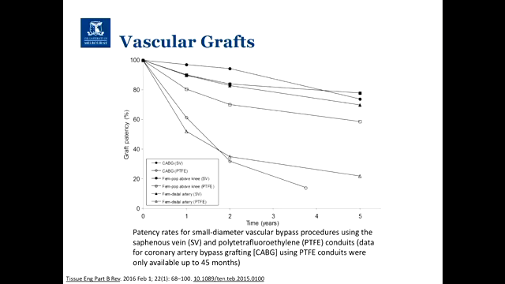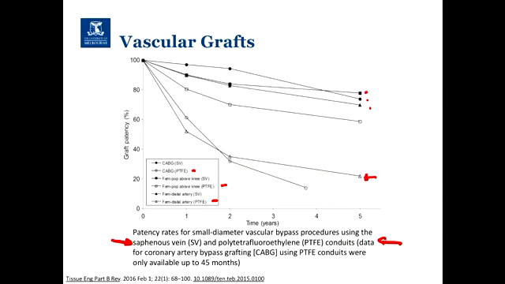Here they are comparing the coloured in dots, where they've used patients' autologous blood vessels. The open ones are where they've got PTFE ones. The PTFE is open, and then you've got the same shapes for the autologous. You can clearly see that a patient's blood vessel has a much higher success rate than the ePTFE ones.